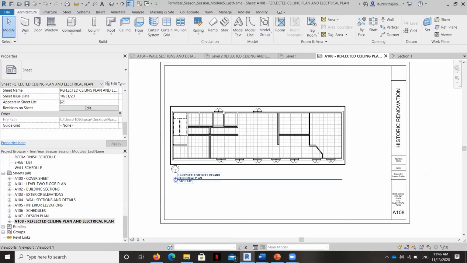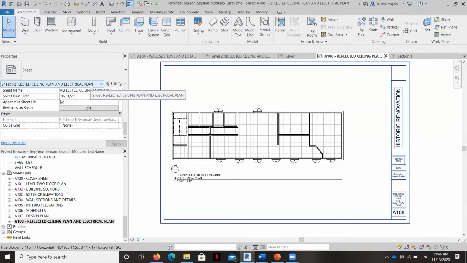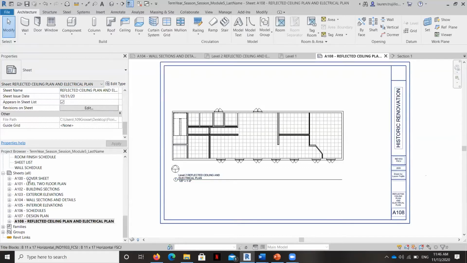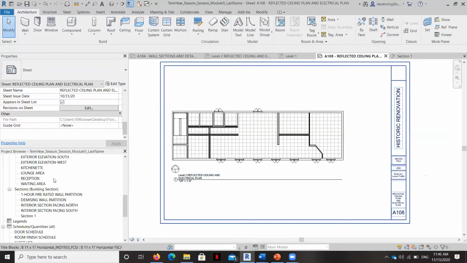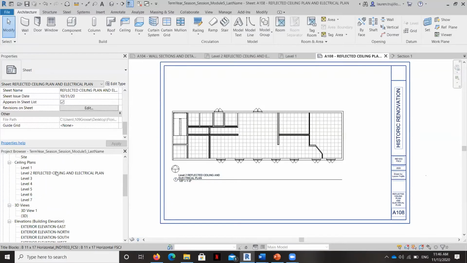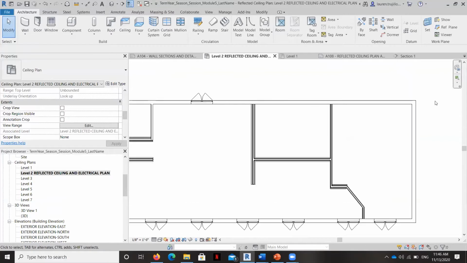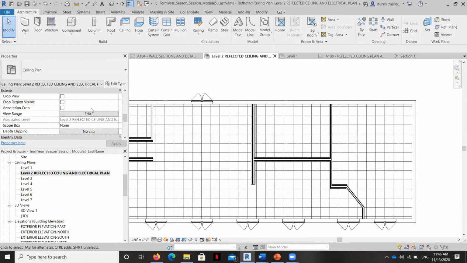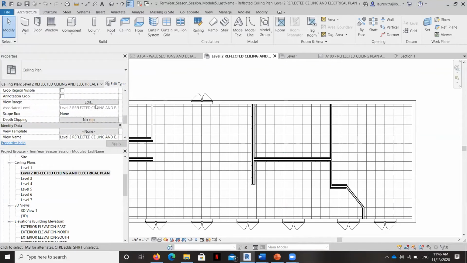And I want to do a little ceiling treatment here in the kitchenette. And so what I'm going to do is go ahead and put an underlay of where the cabinetry and everything goes here so that we can see what we're dealing with. I'm going to go over to the view. You can do it on the sheet or the view, it doesn't matter. But it just allows me to get a little bit more focused in on the drawing itself instead of the sheet. So the first thing I'm going to do is just bring in the underlay.